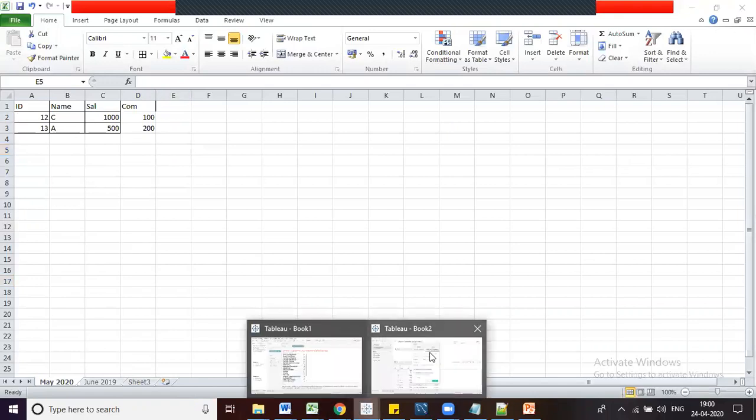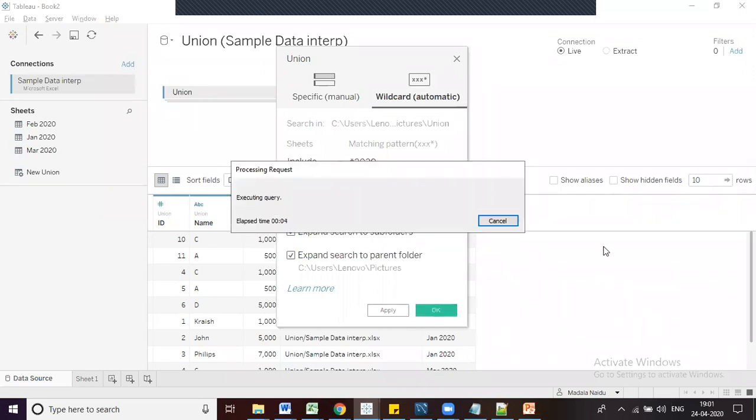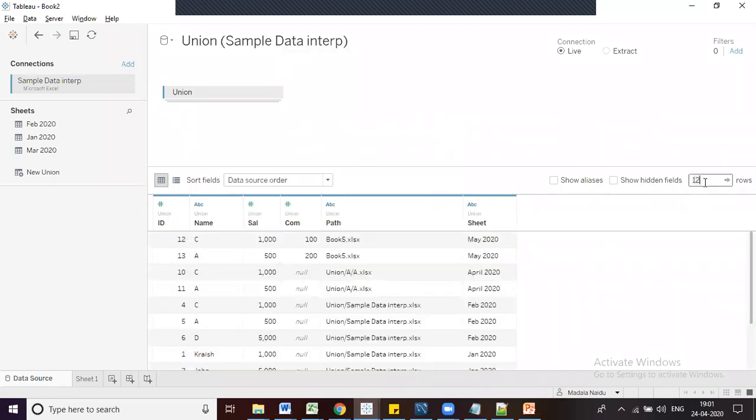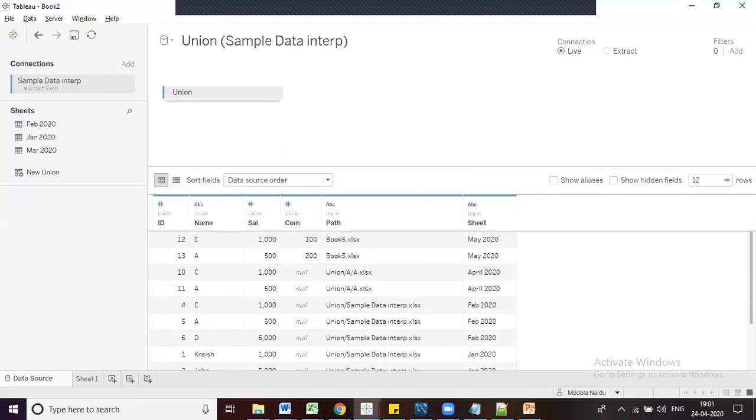Now let's click on OK. Observe the screen here. The record count now shows 12, and one more extra column is added, called commission. For these 2 rows we have data, which is why we see only two records. For the rest, all are nulls. And one more thing, observe that 2019 data is not included.